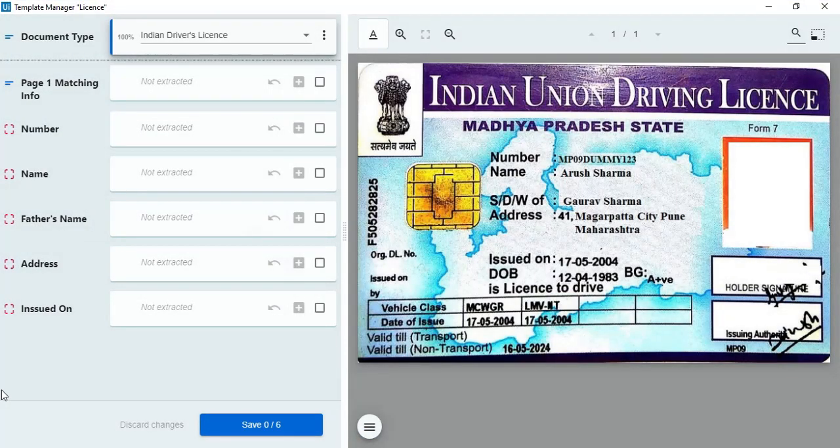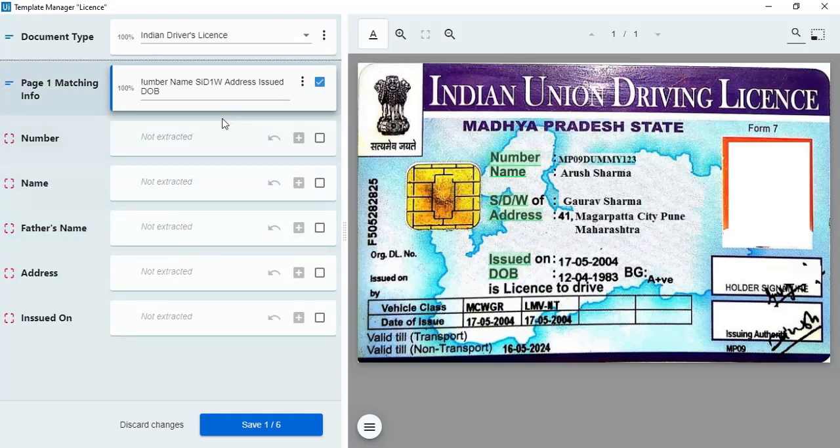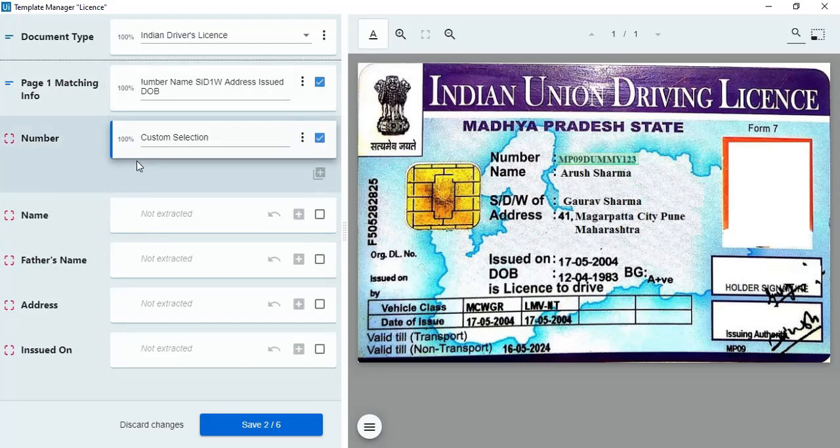Say OK to this. As we have chosen the driver's license as our document type, we see the Indian driver license here. First field is to uniquely identify the document. I'll just choose any 5 fields which are not going to change on the license and click on plus sign. That's it. Now it's time to extract the fields which we listed in our taxonomy. First of all, number, license number. Scan this area, click on custom area, and click on this positive sign. Map it to the correct field.